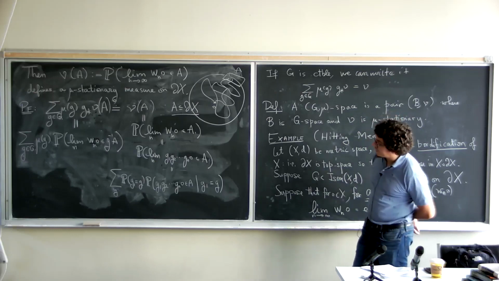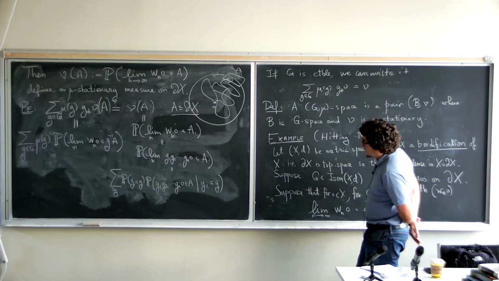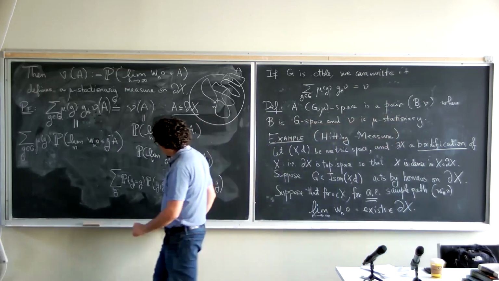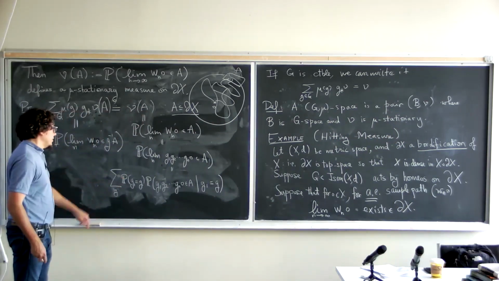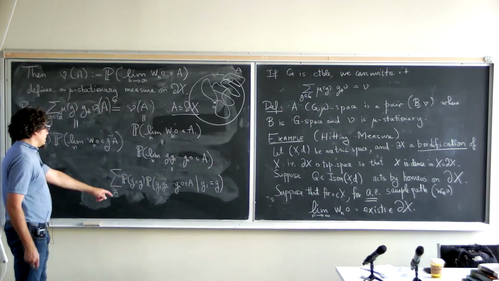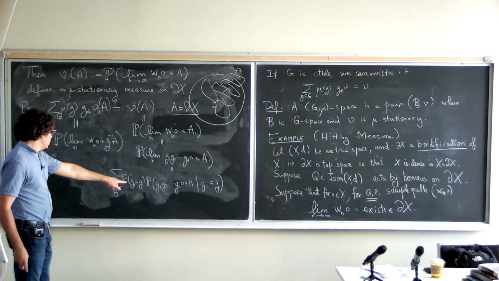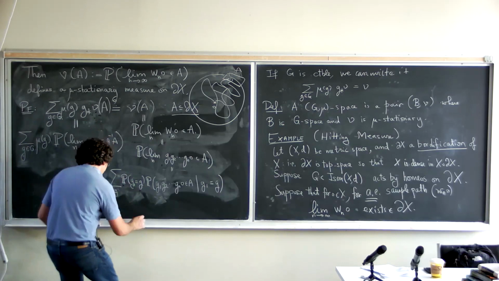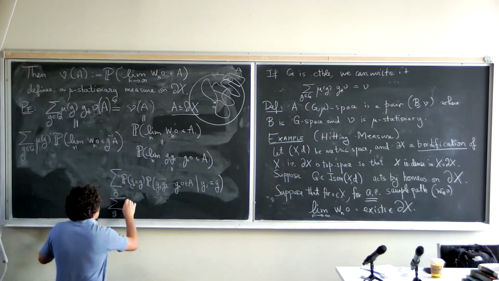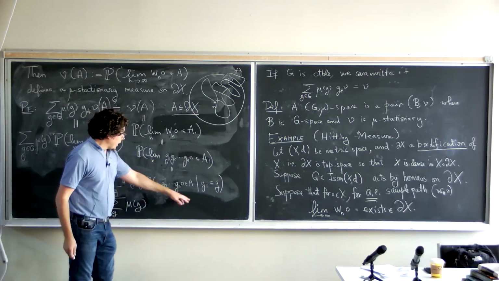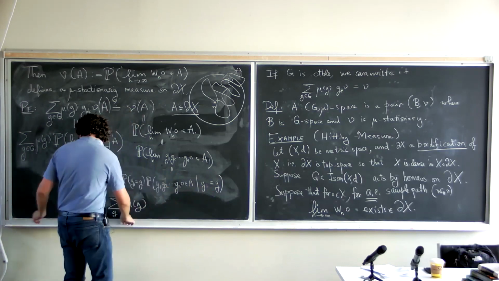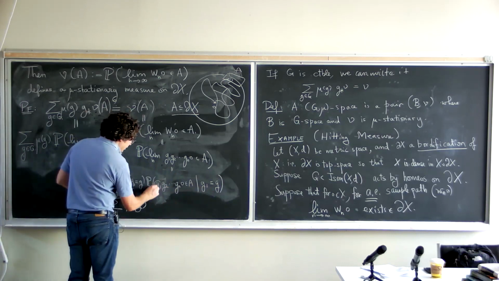That's the correct set. Notation. That's the correct setup for which things work. Otherwise, they don't. So okay, what's going on here? The probability that G1 is G is by definition mu of G. And now we are fixing G1 to be G, and so the first element is G.